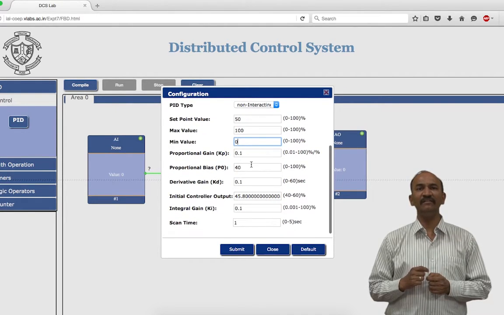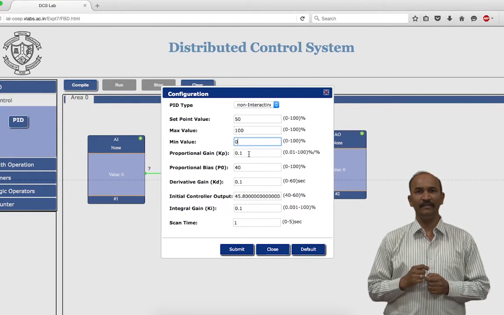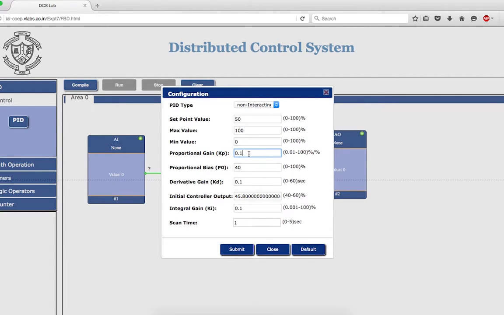Now, there are three important configurations: KP, KD, and KI. These values are basically the KP, KI, KD configurable values of a PID controller. Depending on the requirement of the plant, the PID controller needs to be tuned. It's called tuning of a PID controller. So in other words, tuning of a PID controller means